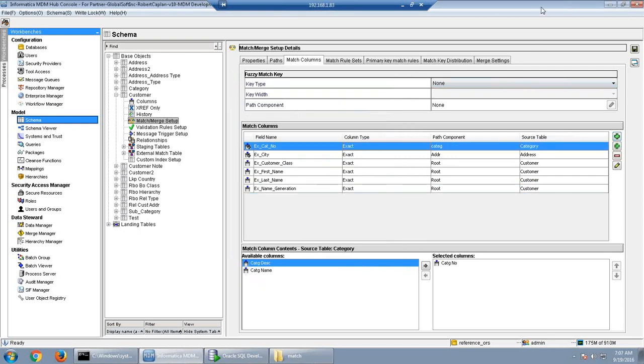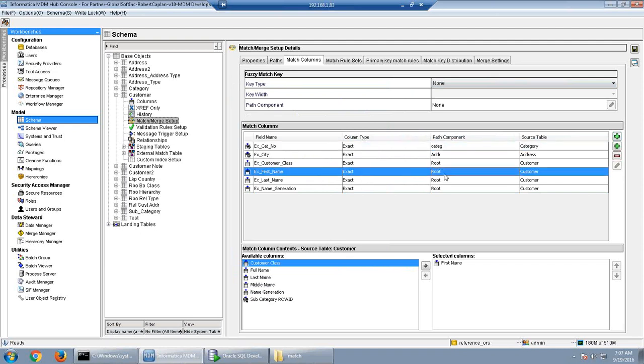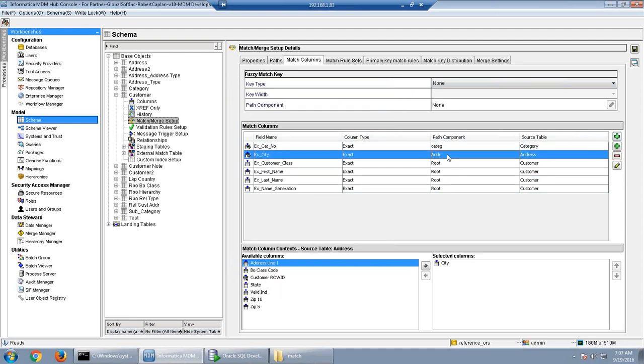So this is added here, category number, and we can see the source table name is category. It will tell you whether it is a fuzzy or an exact column, and what the path component is. If it is root, we know that I am in the customer table, so the match path component is root, and if it is anything else, it means we have created a match path for it.